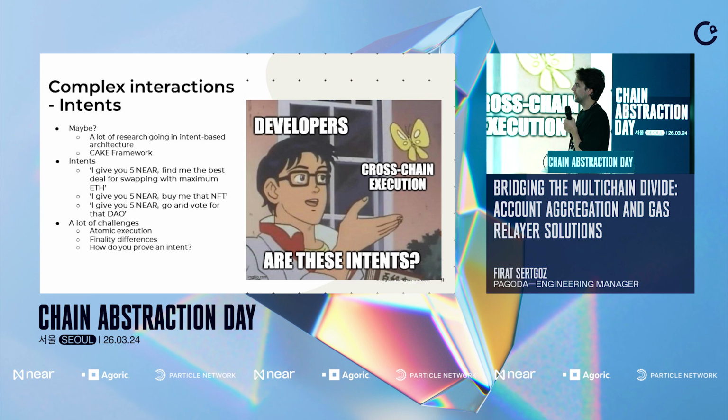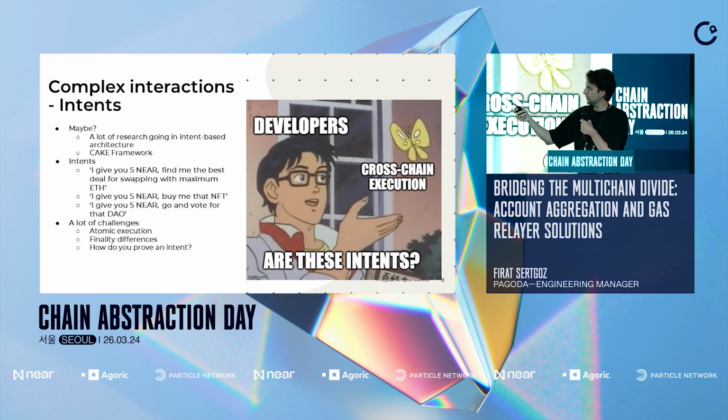Or I give you 5 Near, buy me that NFT. I don't care where it is, I don't care how much it's going to cost, I'm willing to give you this amount and go do that for me. Or the extreme case, which includes multiple transactions: I give you 5 Near, go and vote for that DAO. Because that includes multiple transactions on multiple, even multiple chains. And that is where we want to go with multi-chain gas relayers and multi-chain transactions and intents.